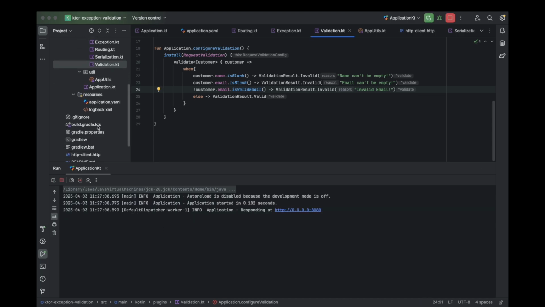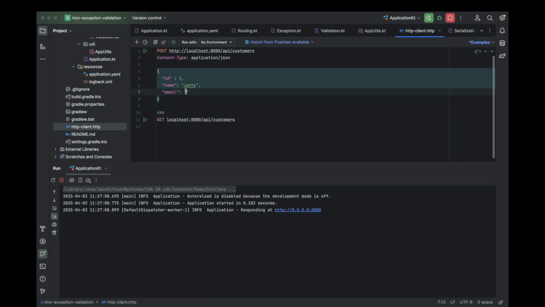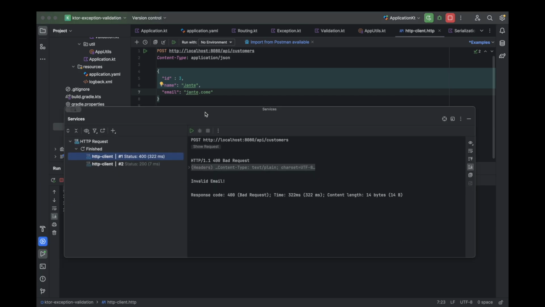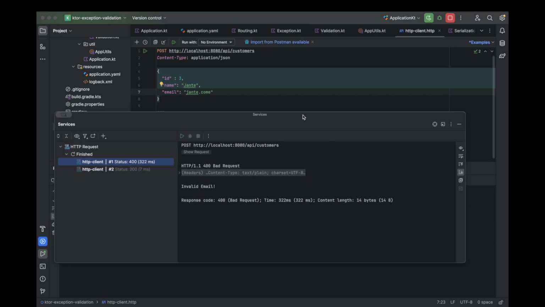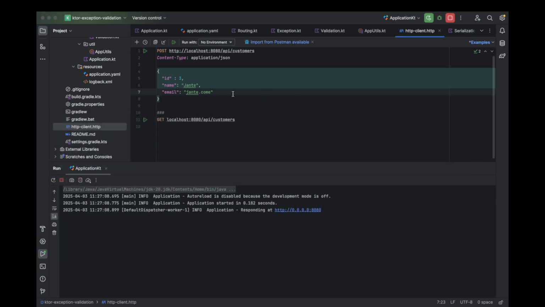All right, great. Then come back to create this. Let's have a value there that is not a valid email. Run this. All right, great. What do we have here? Invalid email. Yeah, good. So this is how you validate your request coming from client to server to your Ktor backend